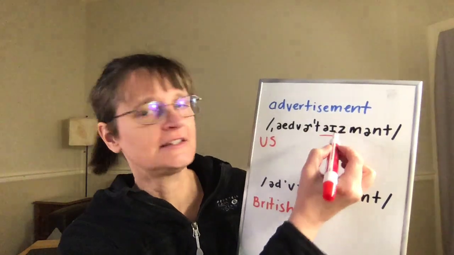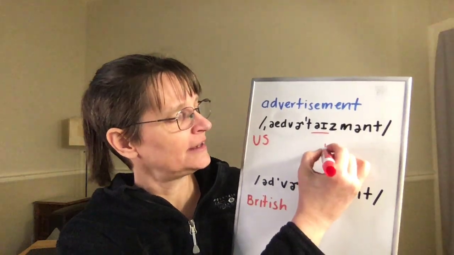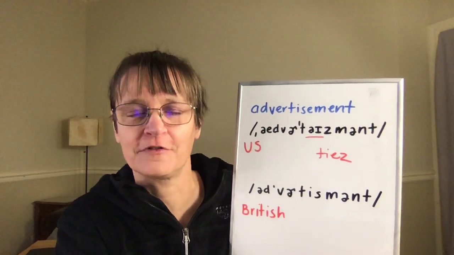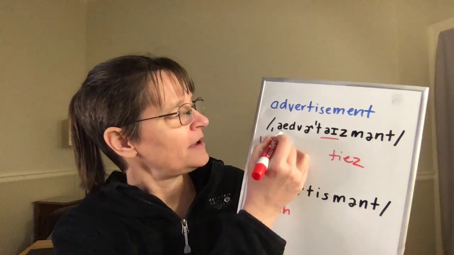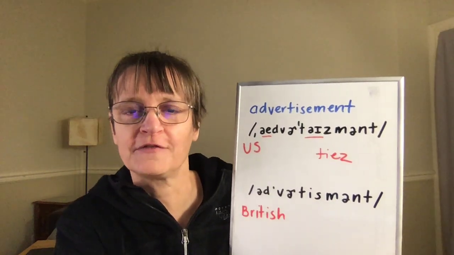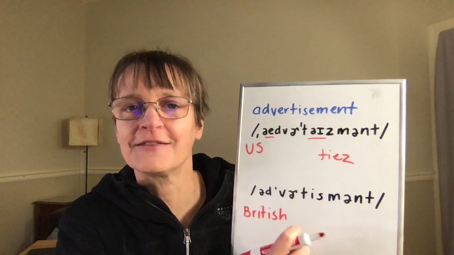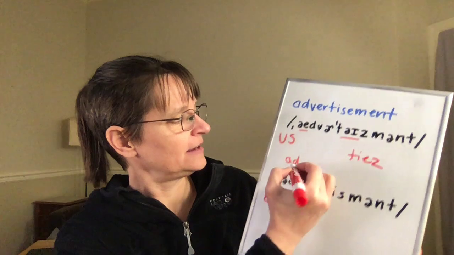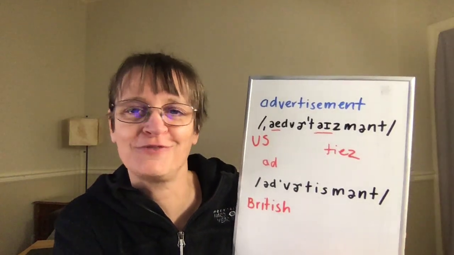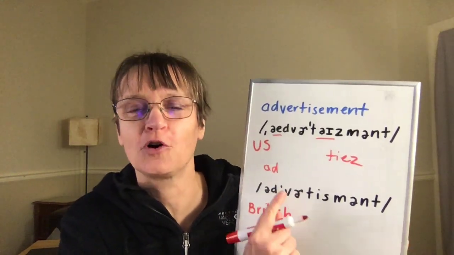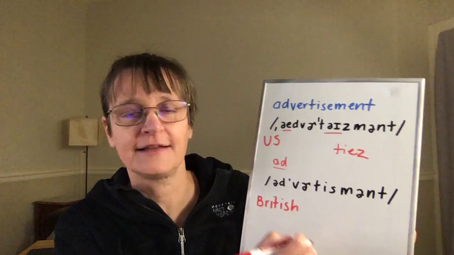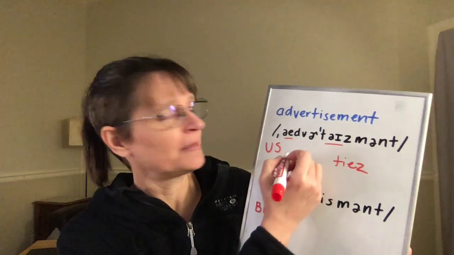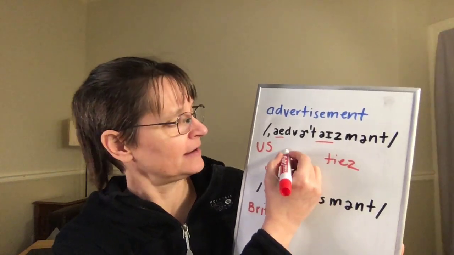So our tize syllable is stressed, and it has the Z sound and the I diphthong, so two sounds there. We also have secondary stress on the first vowel. It sounds like ad, the black cat vowel. And in fact, we often will say, I saw an ad. We don't often use advertisement. We are more likely to say ad or ads when we're talking about ads. So that can help you to remember the American pronunciation being